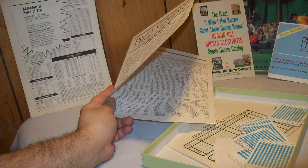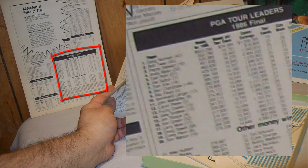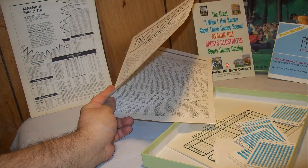It's actually vitally integral to playing the game properly, which always struck me as an odd design choice. Those numbered cards I mentioned, they're the ranked golfers printed on the Golf Digest sheet, with number 1 being Greg Norman, ranked number 1 in the PGA Tour leader list for 1986. Okay, this is apparently an updated edition because the original list was a copy of a USA Today article,